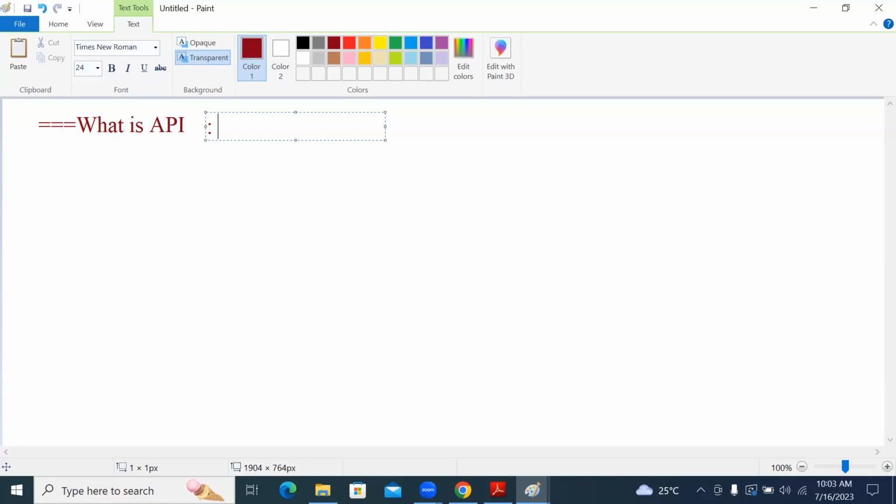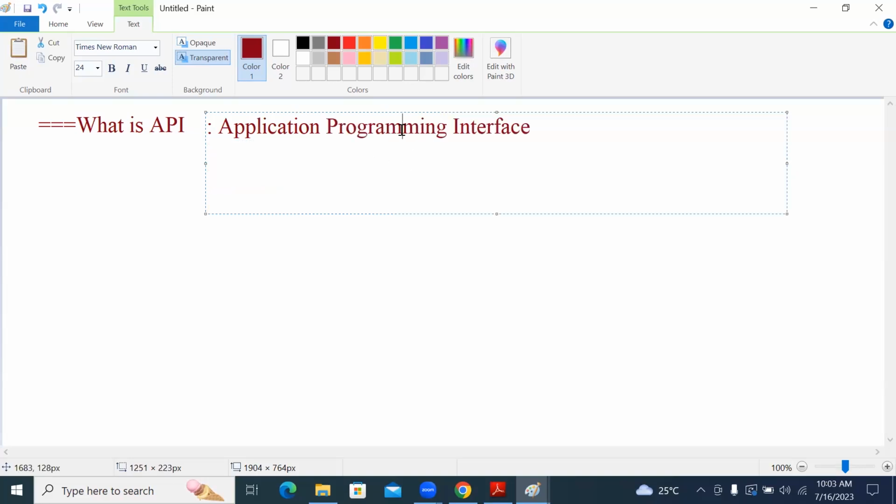The full form of API is application programming interface. It is like one application.